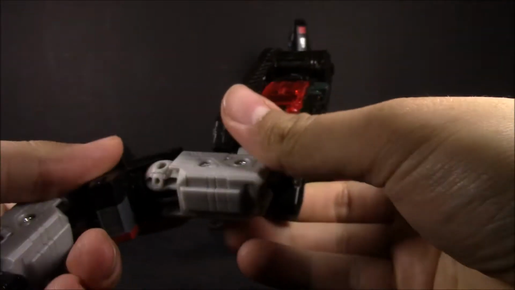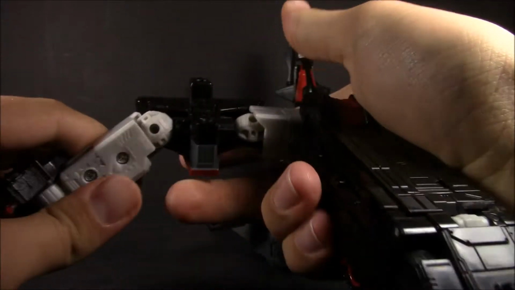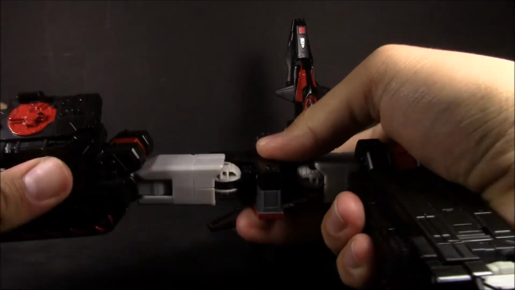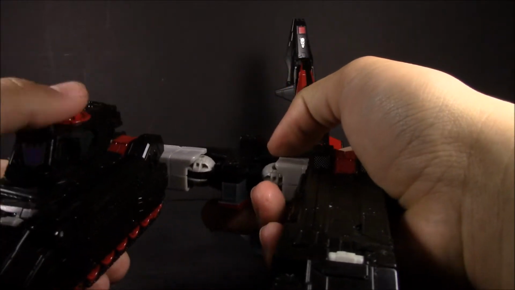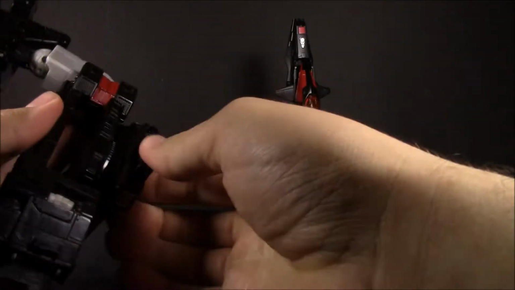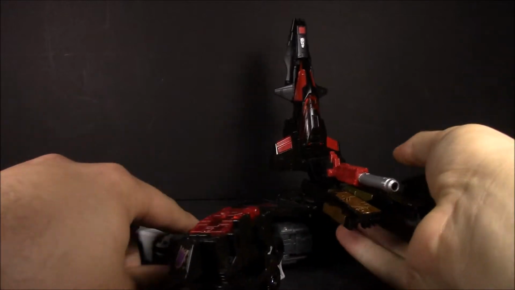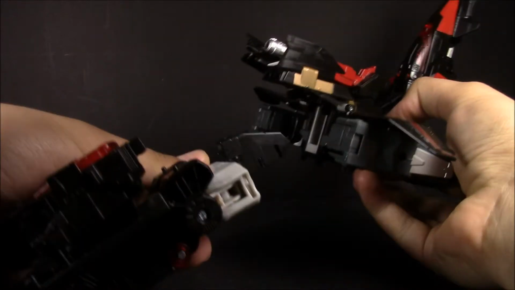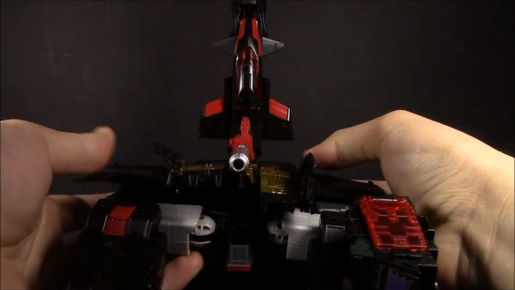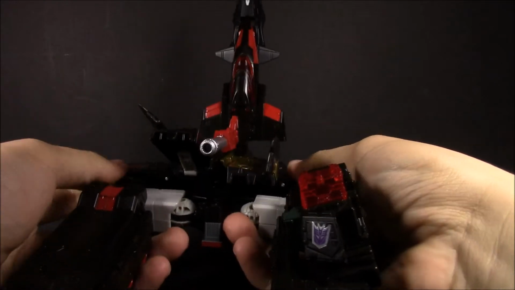Oh yeah, it's going to be like this, so bring that out. Straighten this, rotate it, bring it out. And you actually want this section to be up, that way you can have the Headmasters go in there. And go ahead and plug these two parts together. And that, for the most part, is the official